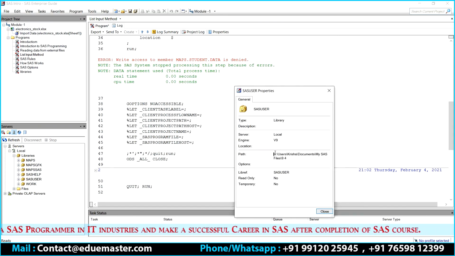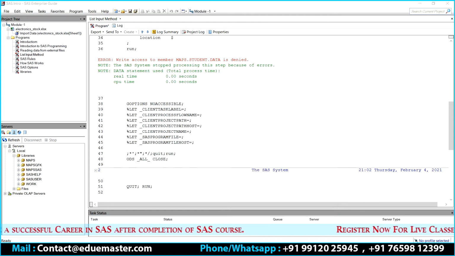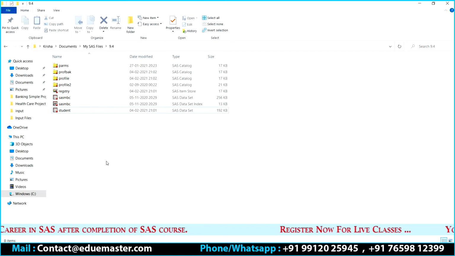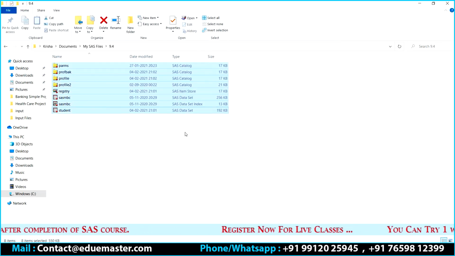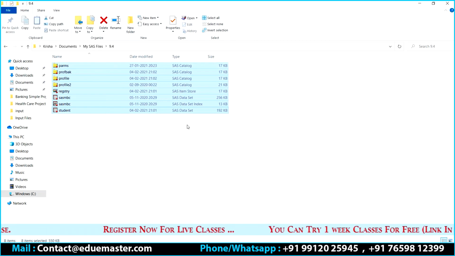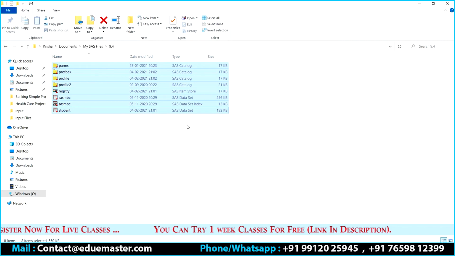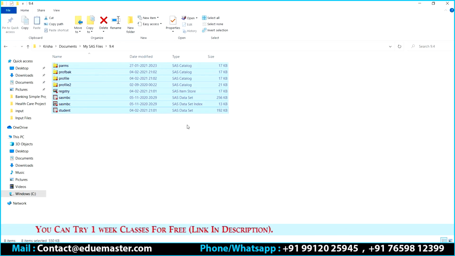But the problem why we don't store here is, can you see where it is? It is also in the C drive, in the SAS library. The amount of space which is available here is not sufficient. Here I'm just storing 3 records, 5 records, 10 records, that is fine. When I want to store millions of records, let's say I need 1 GB data set, I don't have space here.